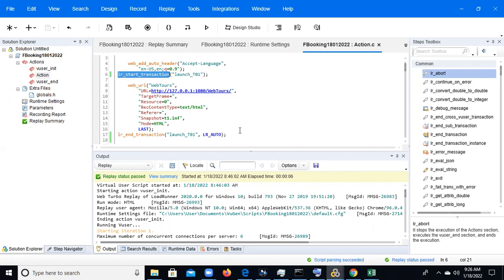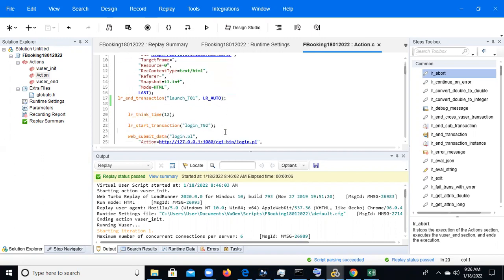So we'll see one more LR function here. Everyone able to see LR think time? What is think time, Krishna?